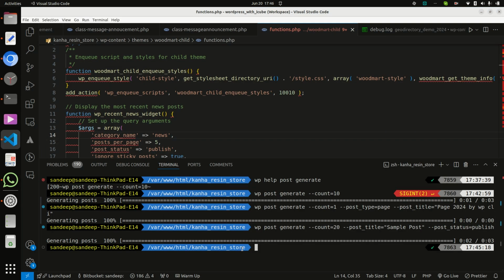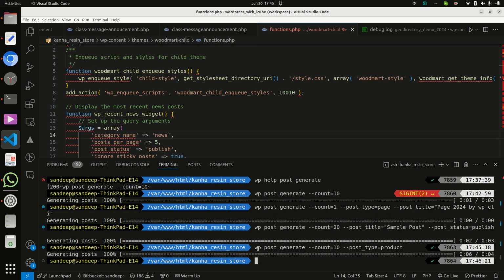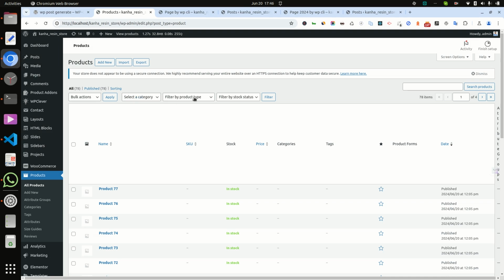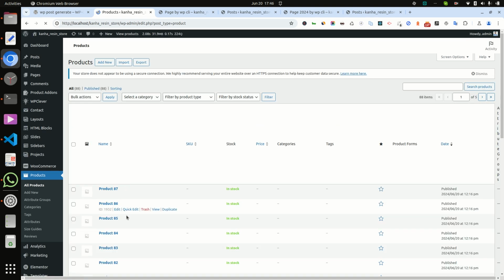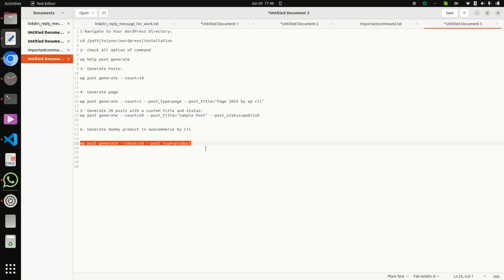Now it's generated, and now let's check. Now it is 88 and you can see all generated.